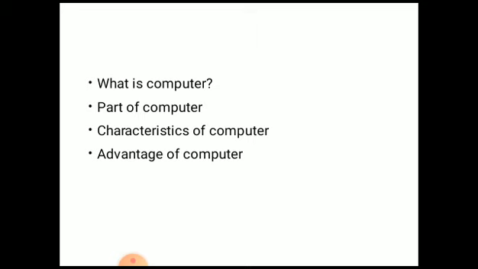The simple definition of a computer is an accurate, fast electronic machine which accepts data and processes this data according to step by step instructions given to it in order to produce the desired result. A computer basically is a calculating device capable of performing operations such as addition, subtraction, multiplication and division. It can store a large amount of data to be used at a later stage. It can give intelligent results like a human brain when provided with efficient programs.